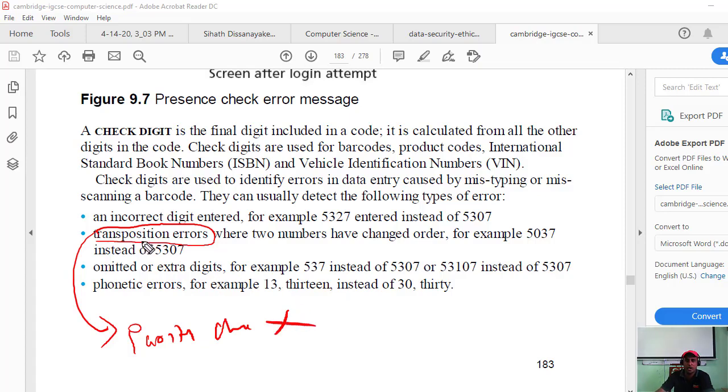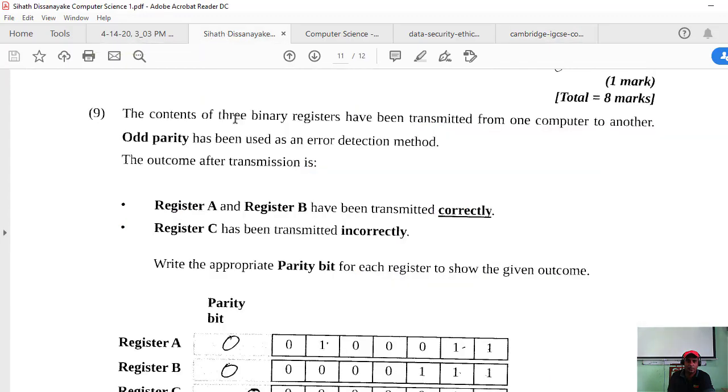Remember the term transposition, right? I think transposition errors you can't check. That means swapping the numbers. And what is there? They say that first one.